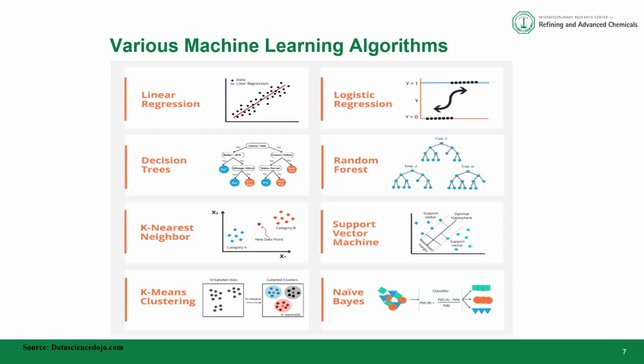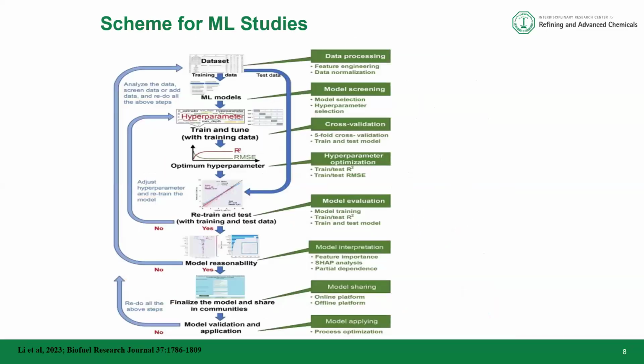That means an algorithm will work fine for a particular data set, but it may not work for another data set. So there is a popular saying: let the data speak. You have to train the data on the models and see which one performs to satisfaction based on the performance acceptance criteria. And then you can decide whether this algorithm is suitable for the data set that you have or not. So this is a typical scheme for machine learning studies.